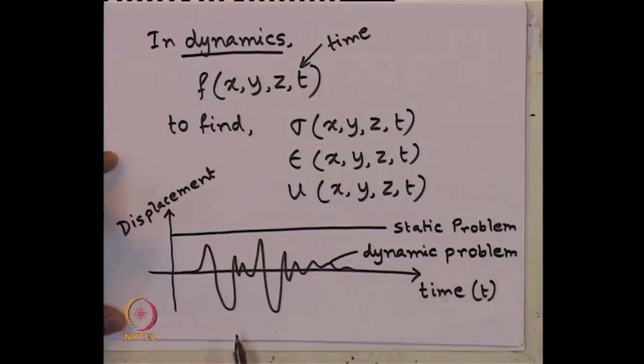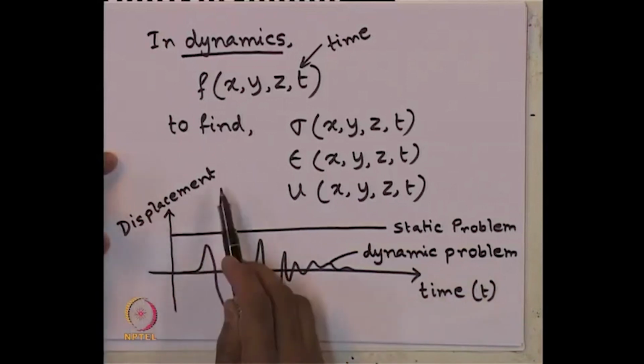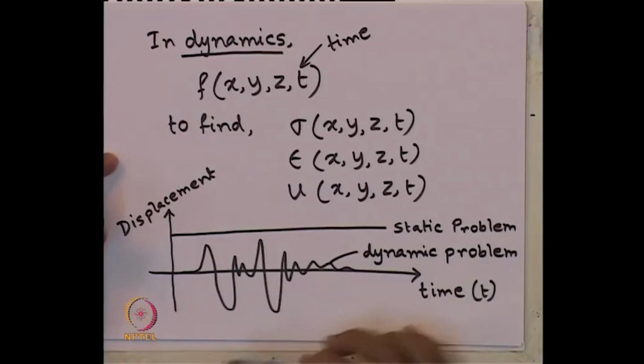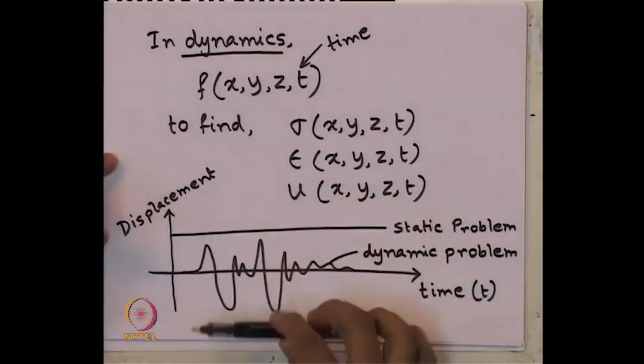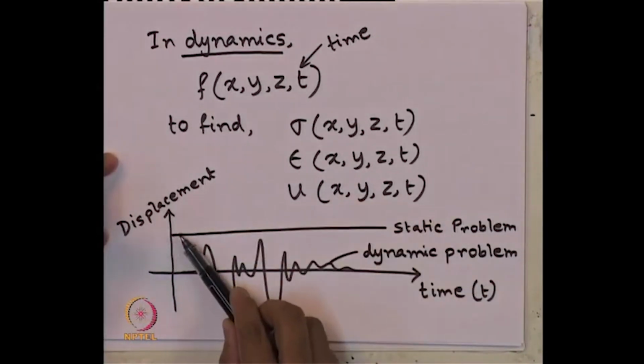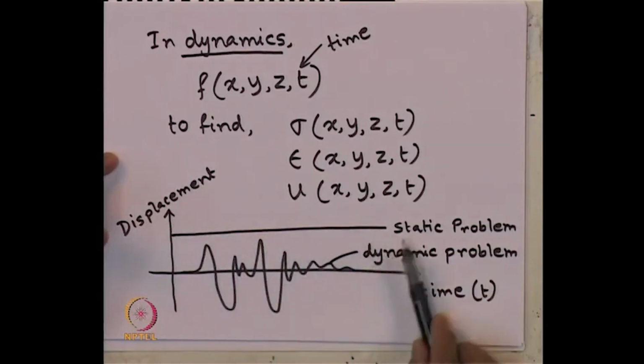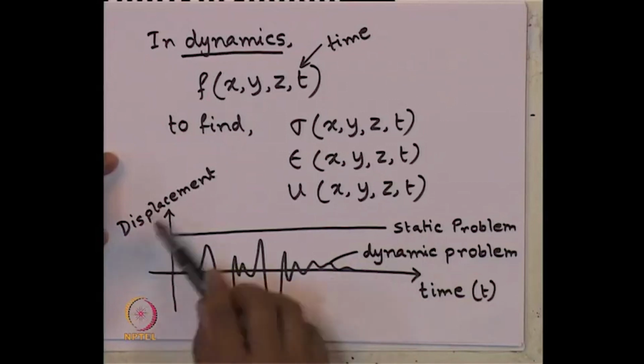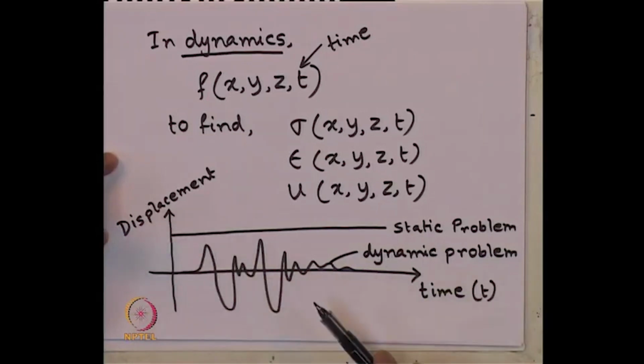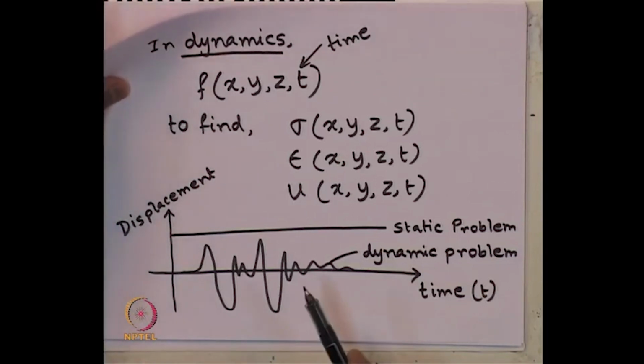So, when we want to compute, say, the total displacement of the system, we should superimpose one over the other. That is, the actual complete displacement will be about this axis, giving us the complete static and dynamic displacement, which is varying with respect to time. So, in this way, time variation means we are dealing with problems related to dynamics. So, let us see